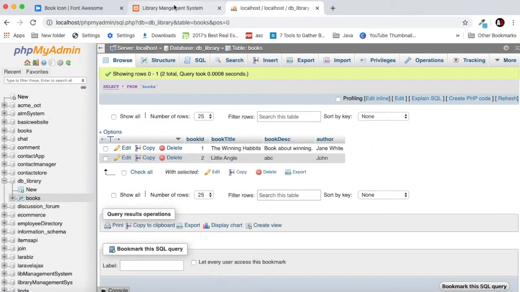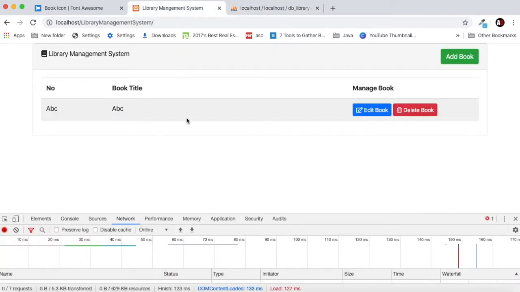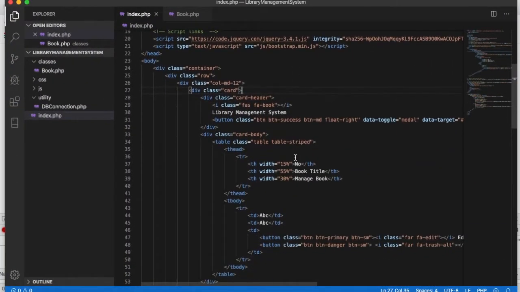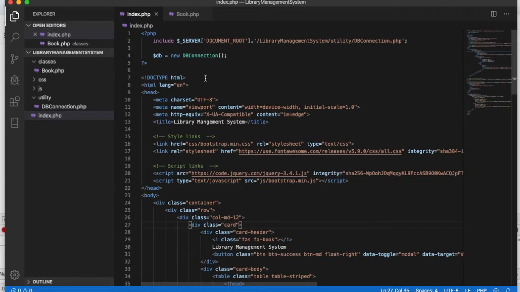In this library management system tutorial, we will now display our books in this section. This is dummy data, so now we'll display our data from the database. Before we do that, we don't need the database class here; we will need the book class here. So we will import our book class here, and let's go